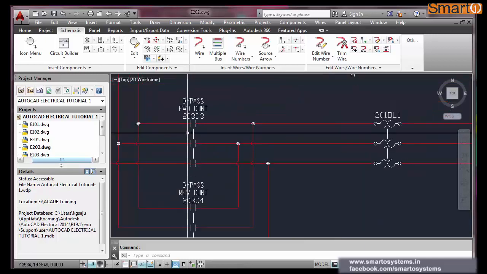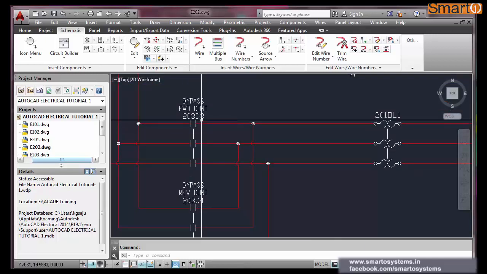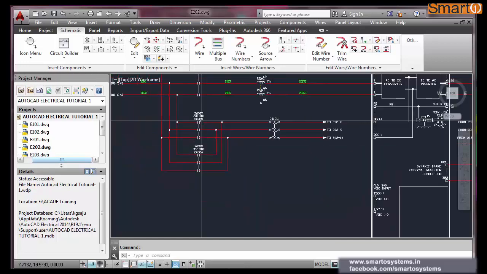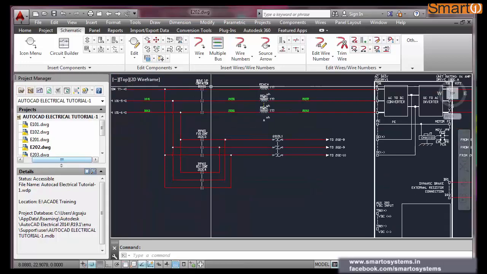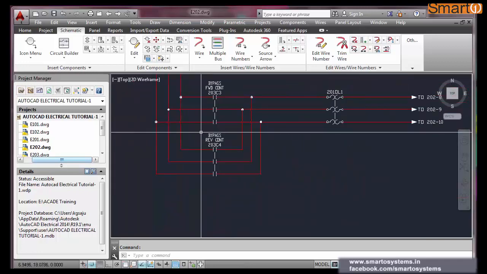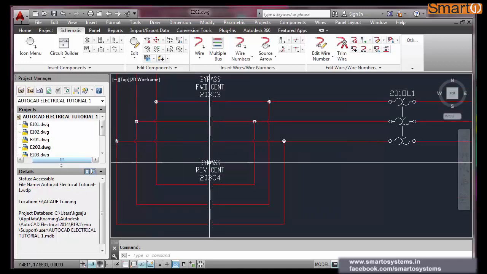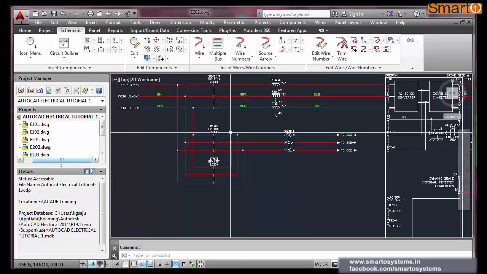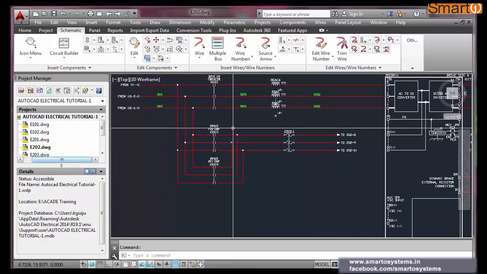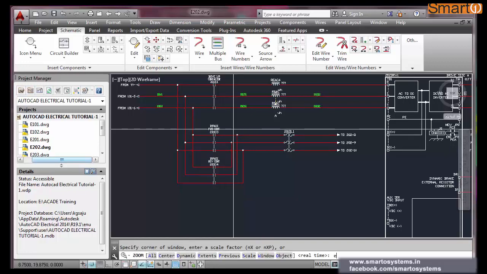That means when either the forward contactor or the reverse contactor is in one condition, the drive input contactor should not pick up. And similarly, when the forward contactor is on, the reverse contactor should not pick up. So this is the control circuit we want to create.